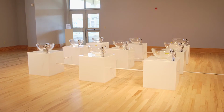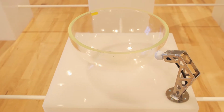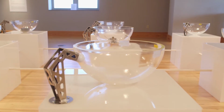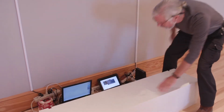And so at that point, I decided that I would like for it to be a sound piece. The sculpture consists of 9 glass hemispheres which sit atop plexiglass cubes which are engineered to resonate sound, with arms built to strike the hemispheres when activated by real-time seismic activity based on the U.S. Geological Survey's website. Well, within the sculpture is some 200 feet of wiring that goes through all the tubes to